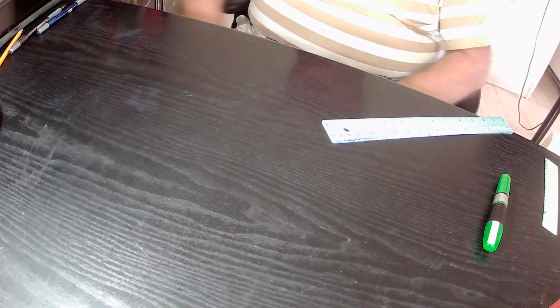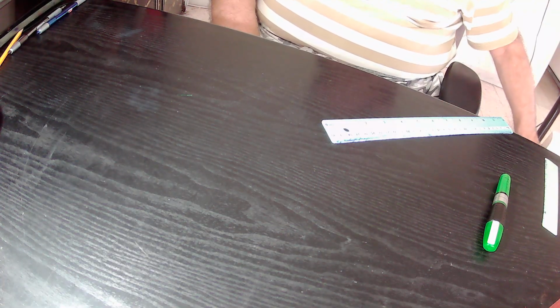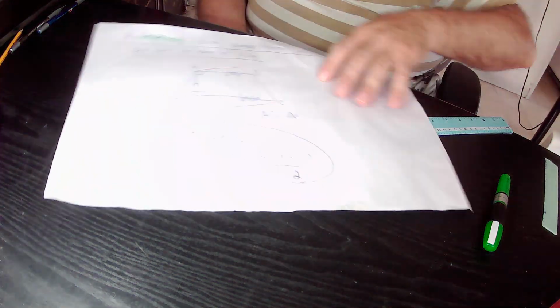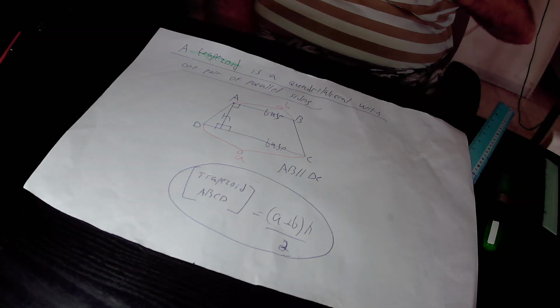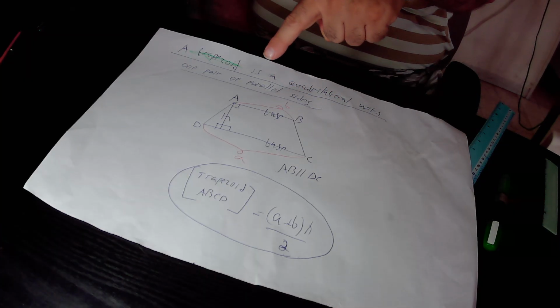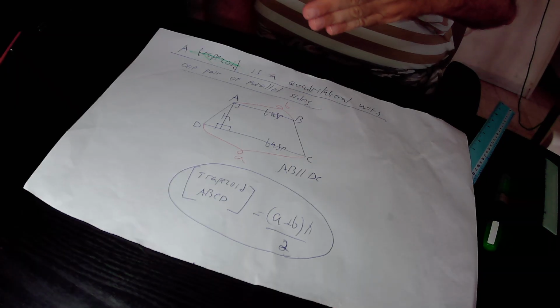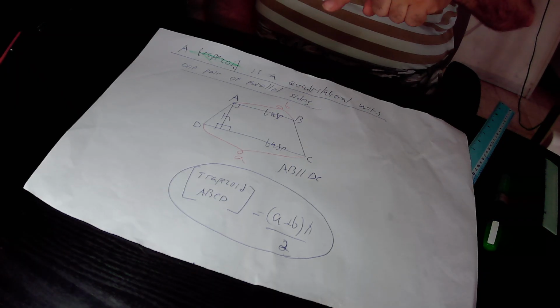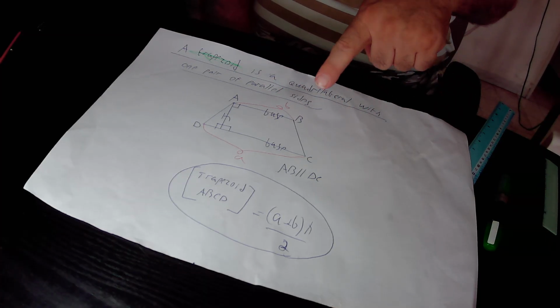But before that, what is a trapezoid? A trapezoid is a quadrilateral with one pair of parallel sides. This is quadrilateral ABCD. It is a quadrilateral because it has 4 sides, and in this quadrilateral ABCD, side AB is parallel to side DC, therefore this quadrilateral is defined as a trapezoid. The 2 parallel sides, that is to say AB and CD, are defined as the bases of this trapezoid